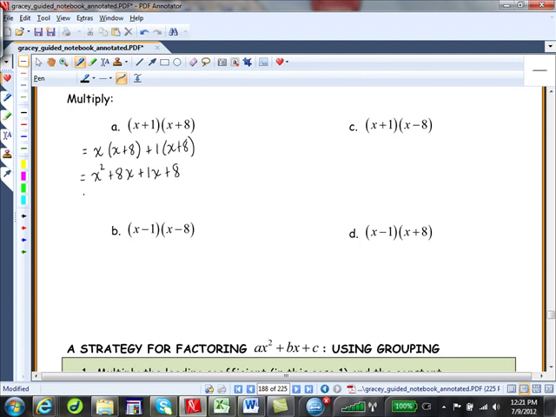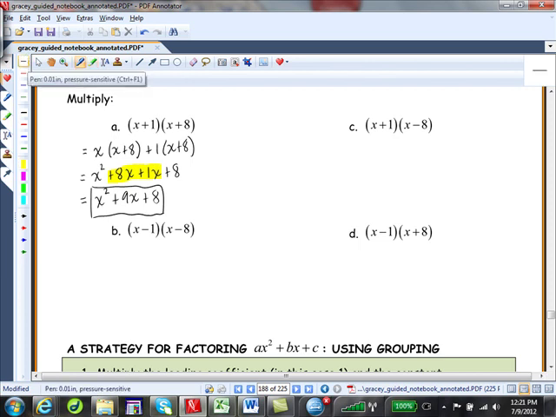Notice what happened when I have all addition signs and we're combining like terms. We are adding two positives. So we get x squared plus 9x plus 8, and we're done. Let's keep a little record of what happened. When we were combining like terms, what happened was